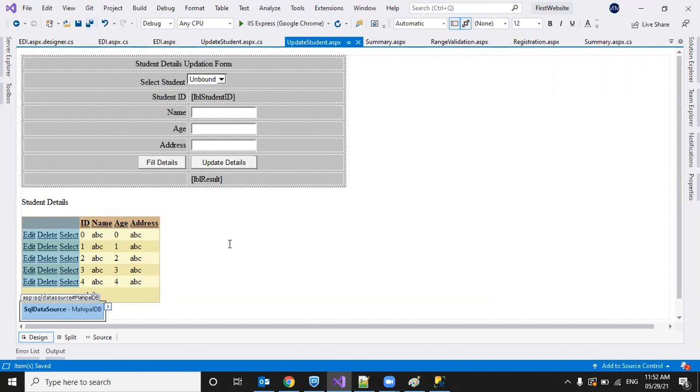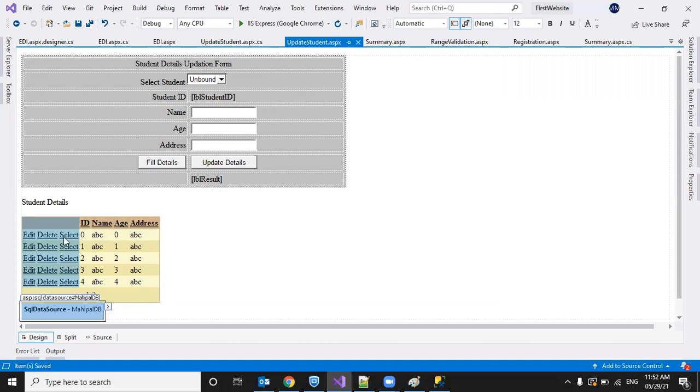If the requirement is straightforward and you only have to get one student details table and fill that in the grid view, then you can go for this approach. If you want to customize at least one element, you cannot use this approach. Like I want to have a photo of the student, which is stored in a different location. And I want to provide a link to the student profile, so I want to display a hyperlink here. I cannot provide such a feature.